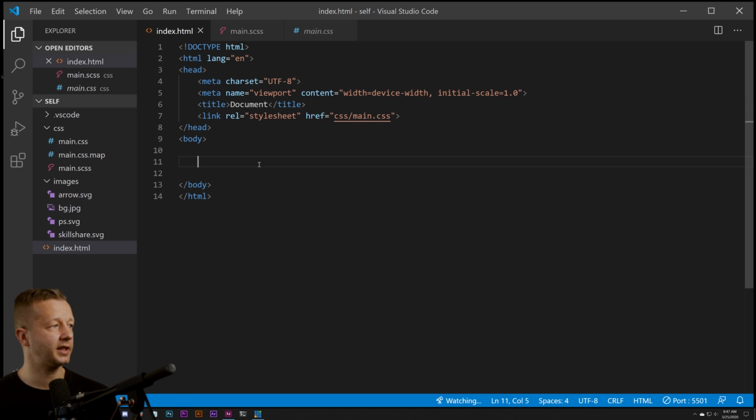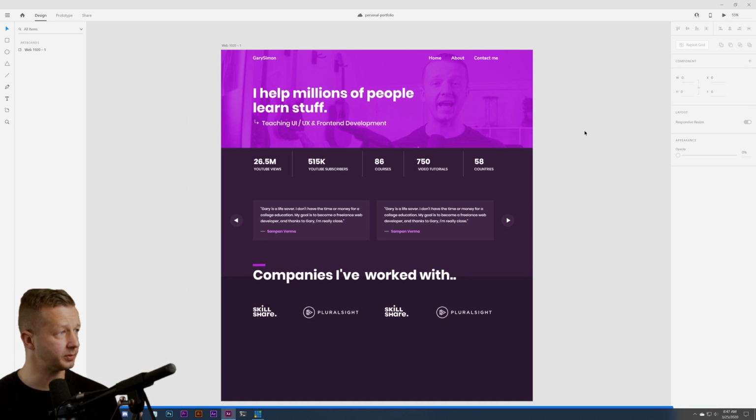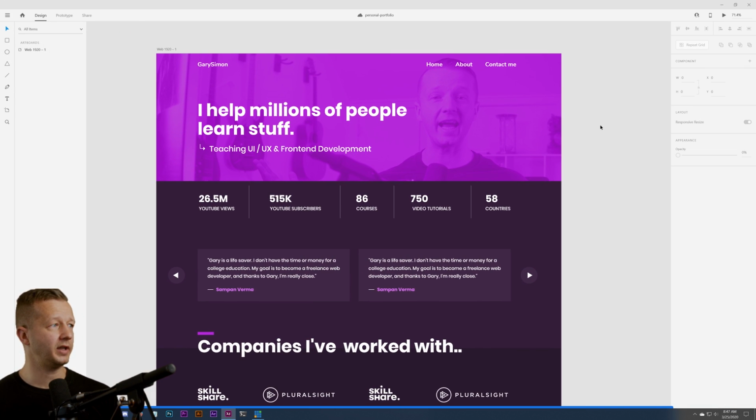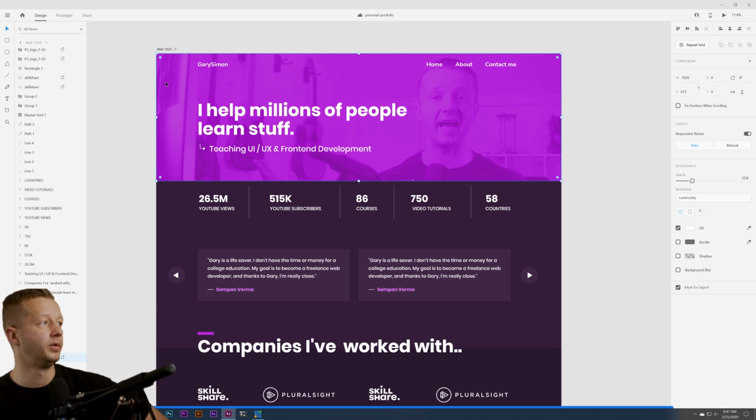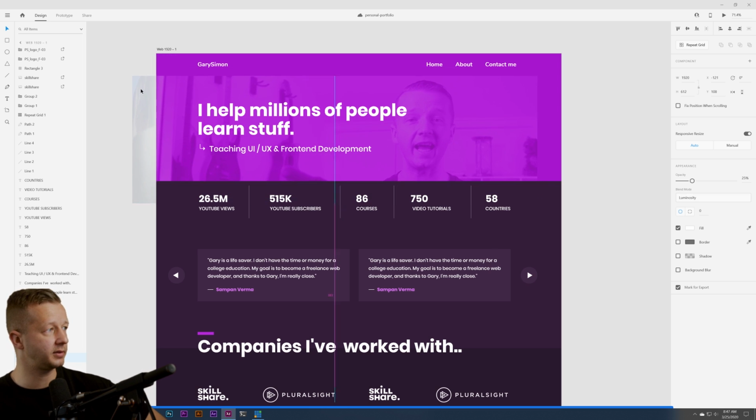Okay, so let's get started with the HTML. And one of the first things that it makes sense to do is just to go from top to bottom, right? Your HTML should reflect that nature of going from top to bottom. So looking at this, we have to ask ourselves, what would be the very first element that we need to create an HTML wrapper or an element for? This right here, this graphic,